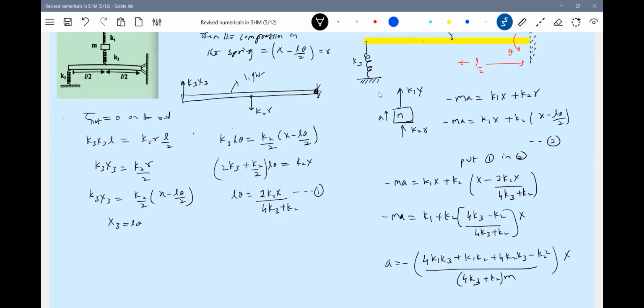Sir, in the third equation, it should be x minus K2 x L. 2K2x, no? Sir, L theta by 2. L theta by 2. Okay, only K2x will come. Only K2x will be there, K2 square will get cancelled. K2 square will not be there. Okay, yeah, thanks for the correction. So now the time period is given by